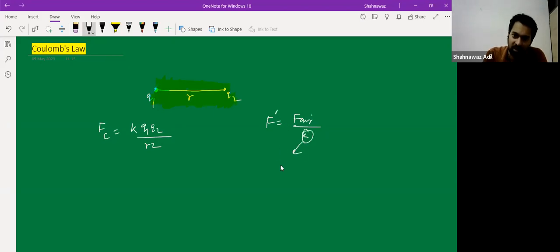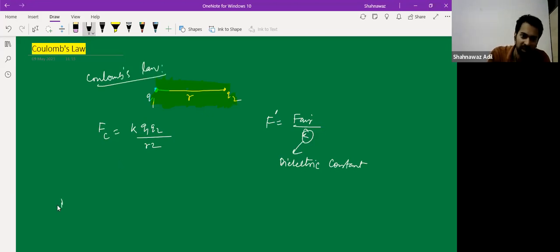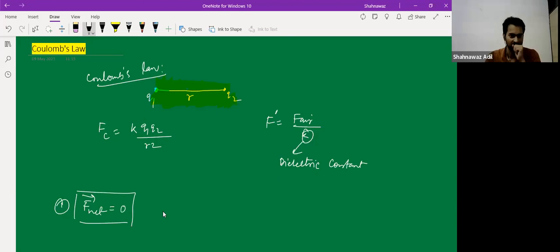Let's say this is F, right? And then you have this equilibrium law, right? It says that whenever the sum of all the forces is zero, then that charge will be said to be in equilibrium. Okay, so